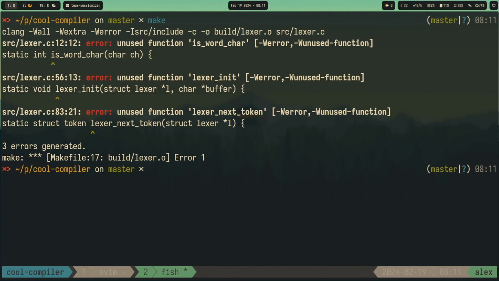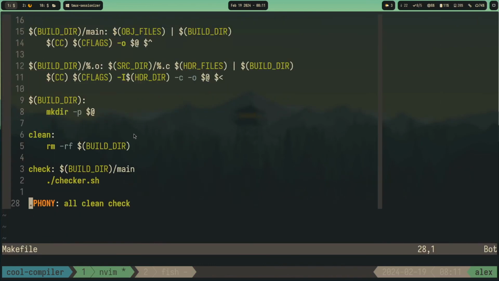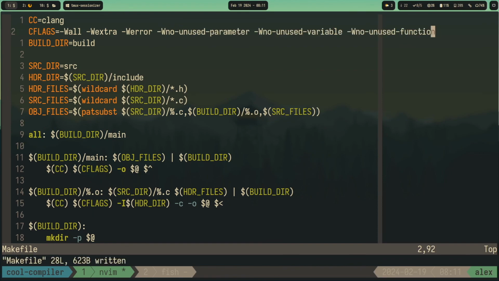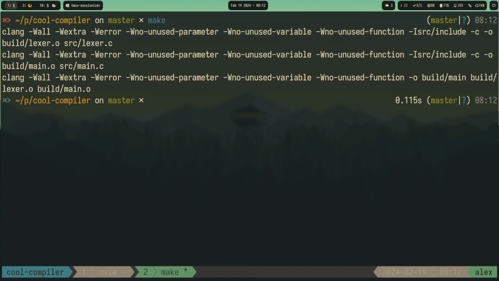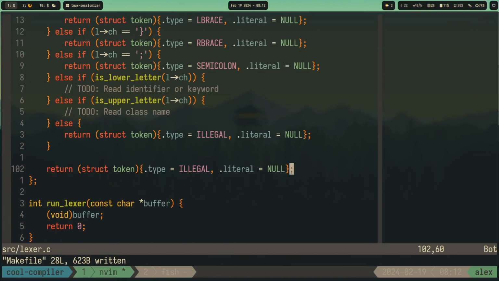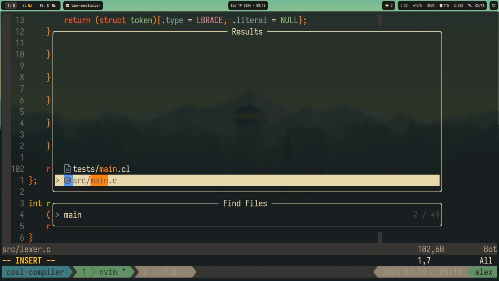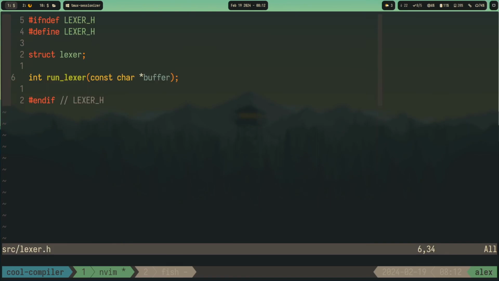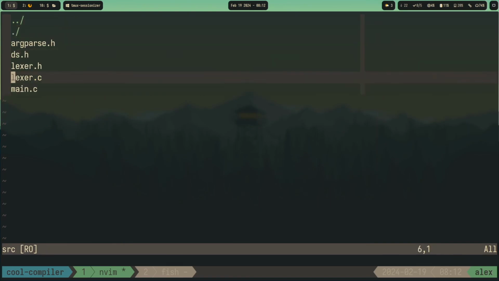I just found, really? Let's go into the makefile and, you know what, let's put the good ones there. So yeah. So if we go in the main file, here we have SB implementation, right? So now if we go back to lexer.c,